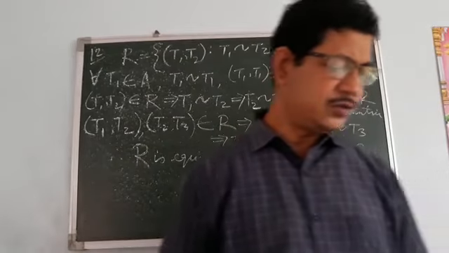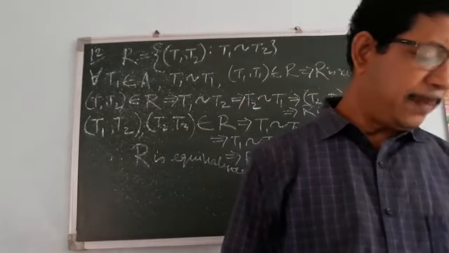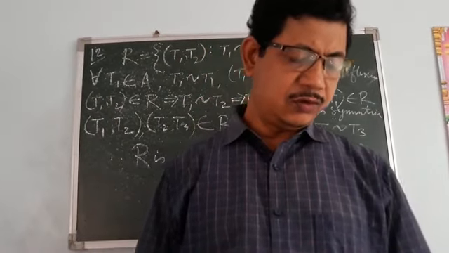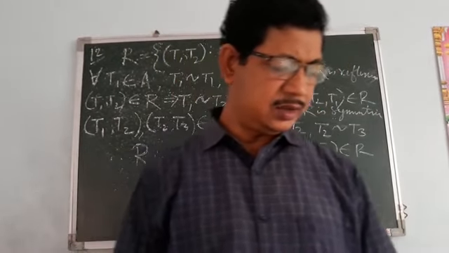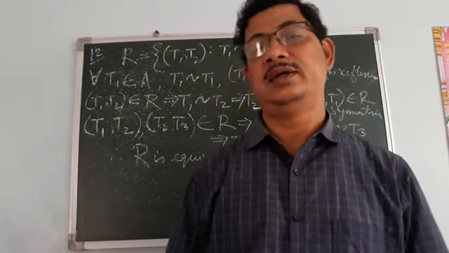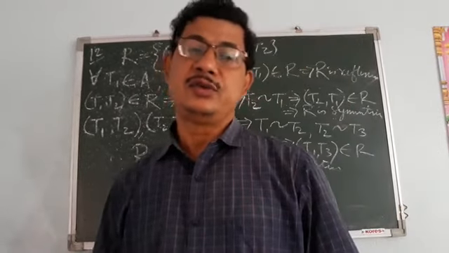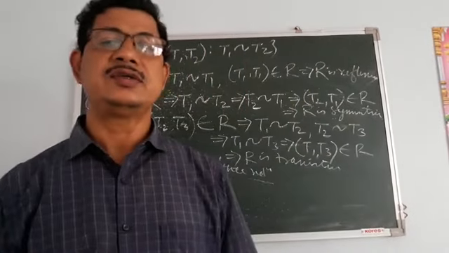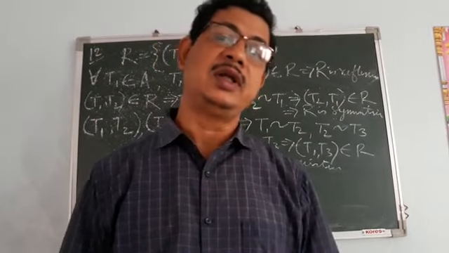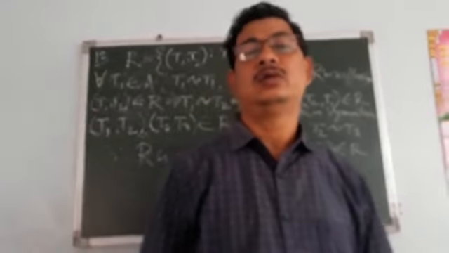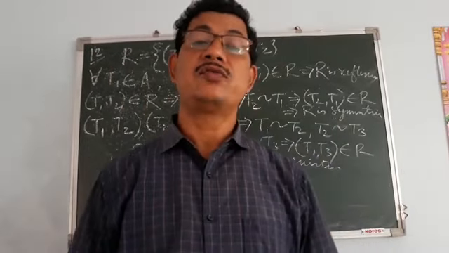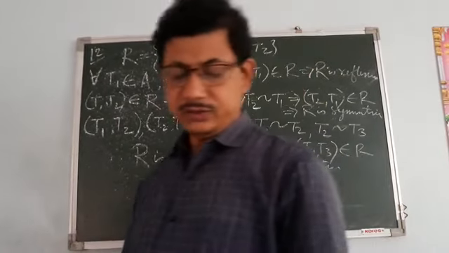Next part, they said consider three right angle triangles: T1 with sides 3, 4, 5, T2 with sides 5, 12, 13, T3 with sides 6, 8, 10. Which triangles among these are related? Two triangles are similar if all corresponding angles are equal, or the ratio of corresponding sides are equal. So here you see that